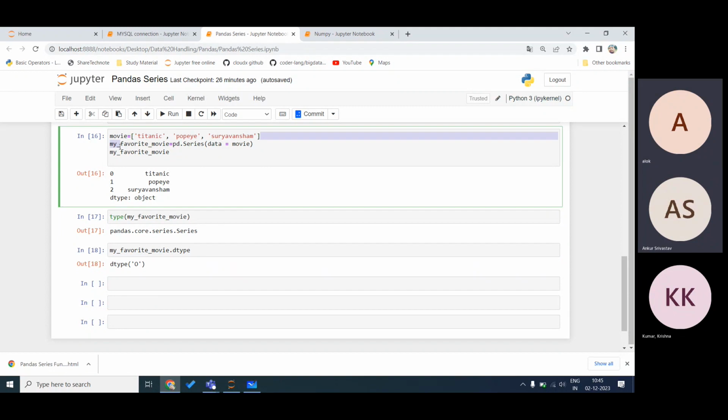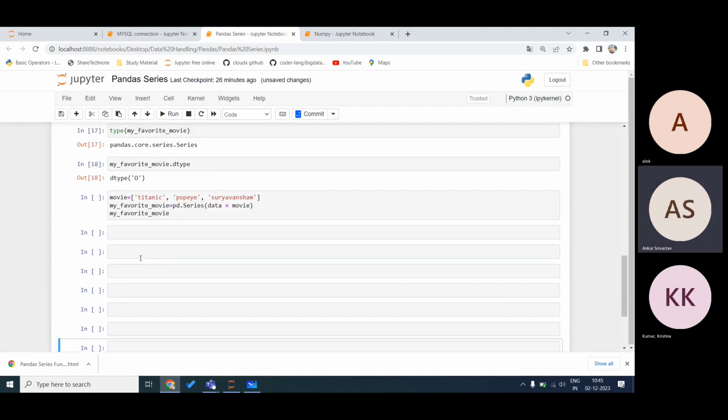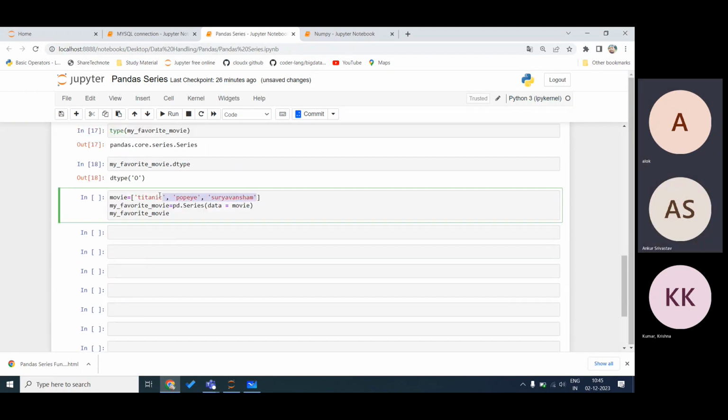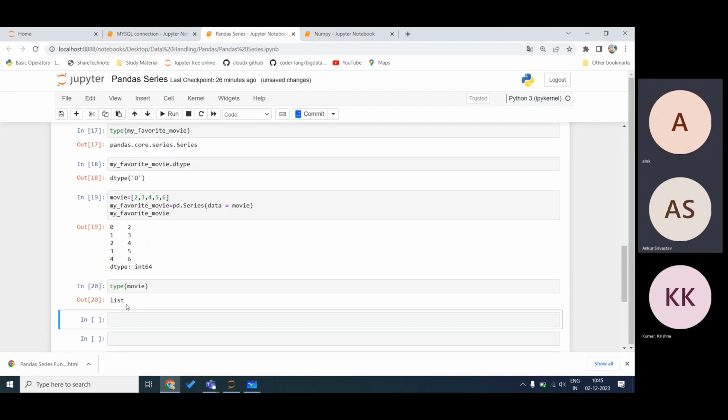Suppose this is just an example, something numeric. Now I'm printing, it says 0, 1, 2, 3. If I ask type of movie, the type of movie is list.